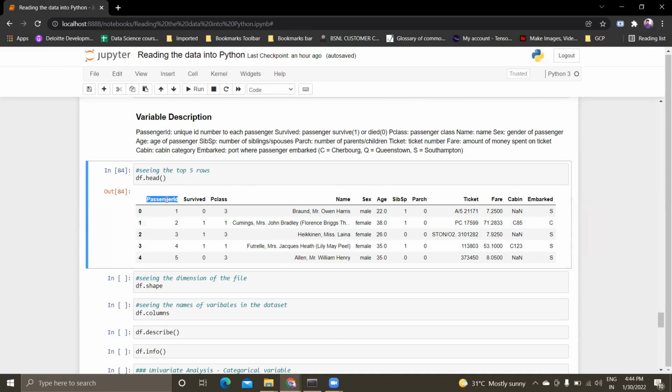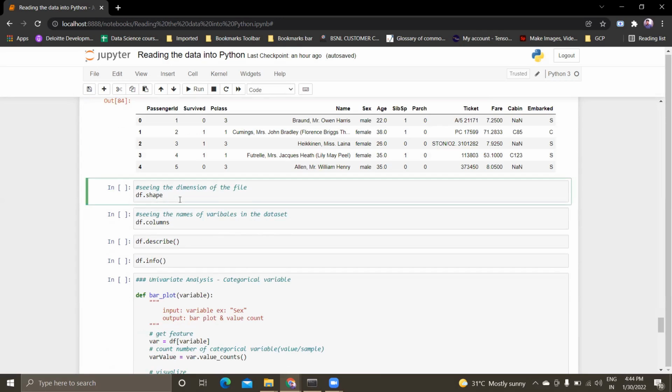Basically, we don't need to worry about PassengerId. We are not bothered about name, or the ticket, cabin, or embarked. These are features that are not going to have an impact on our model building or on the EDA. To cross check and confirm that, we will be doing the EDA, and we will be dropping the features which do not make an impact on the model, keeping the ones which do. Basically, EDA is to understand the data in depth and consider the important features for our model. Apart from that, we'll not consider other features.